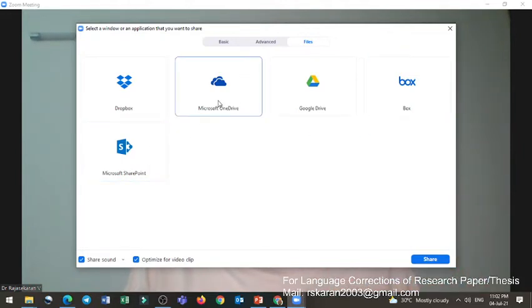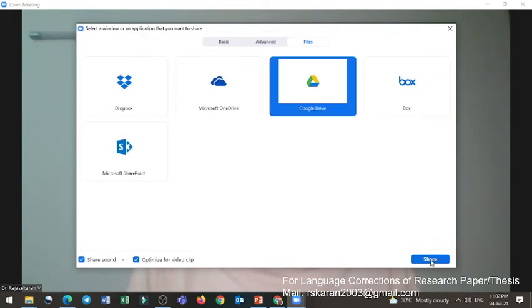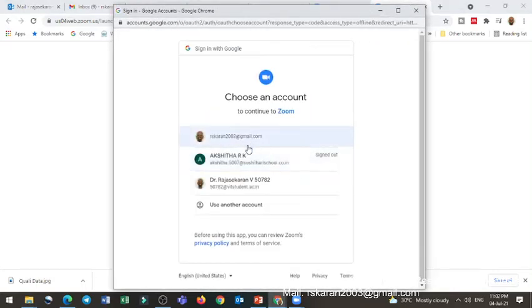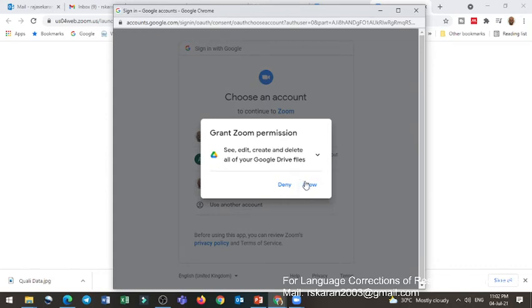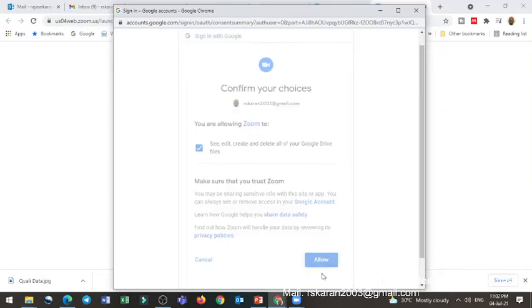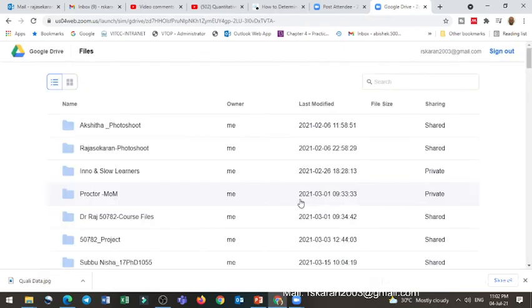These are the things people will rarely use, but you can use Google Drive. In case you want to share some material to a class, you add everything into the Google Drive. Let me show you one thing. I just click it and it will open the Google Drive. Yes, I need to say connect, because initially it will not be connected. Then you have to say which account you want to use. So I'm selecting my account. I need to give allow so that I'll be able to share it. In case I deny, I'll not be able to share it. Then again, I need to give allow. And once you have done it, obviously you'll be able to access the entire thing.